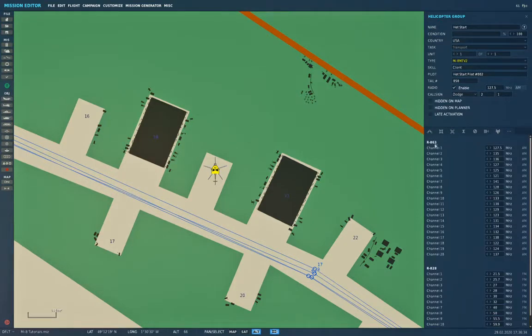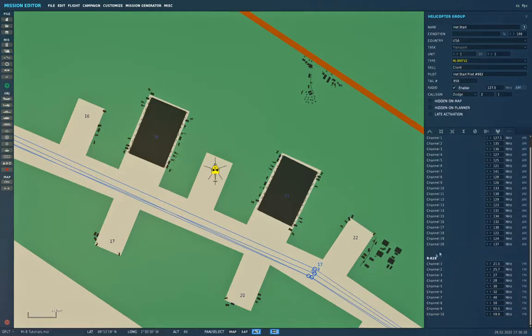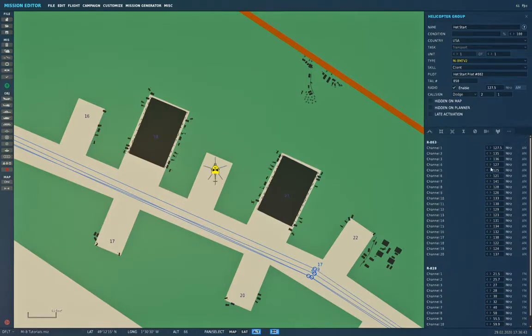And the R863, that's our primary, has 20 different channels available to it. And then the R828, that's the VHF FM radio, has 10 available to it. Now our tower has 4 different frequencies, and these 2 radios alone can reach 3 of them. So let's put in on channel 3, 119.75. That's the upper VHF frequency for the tower. And then on channel 5, we'll put in the UHF frequency, which is